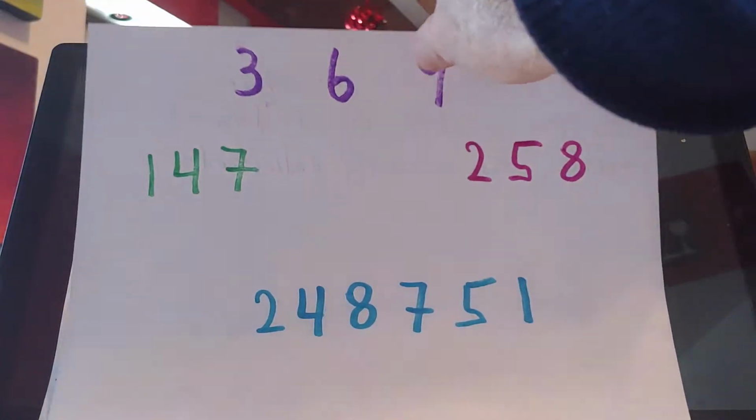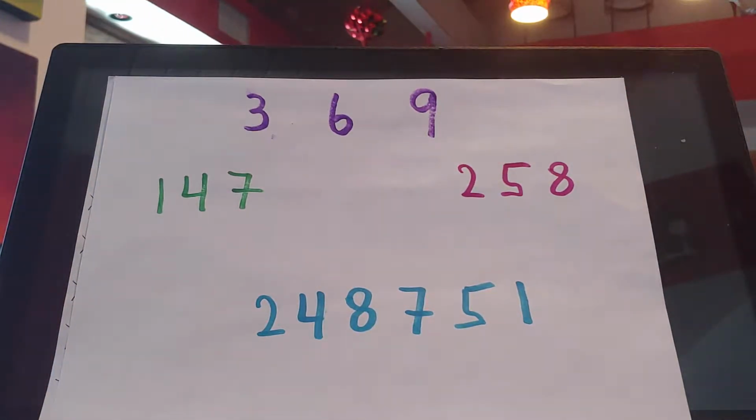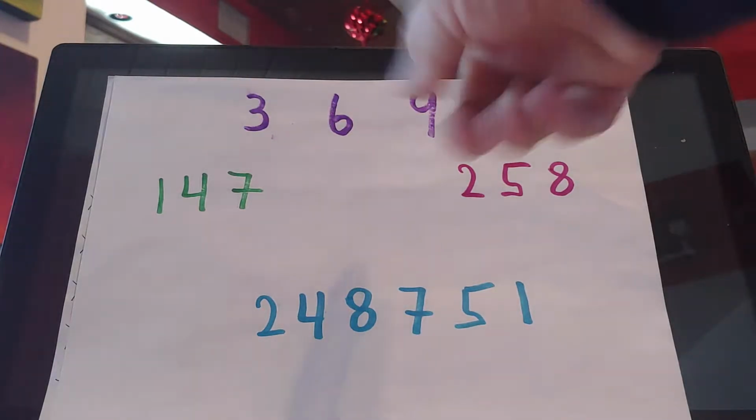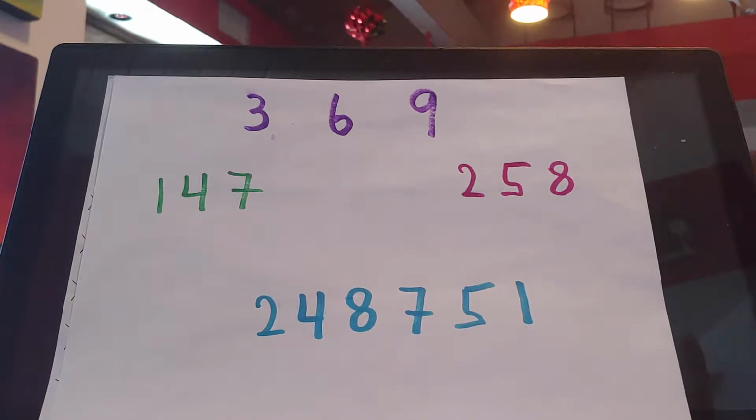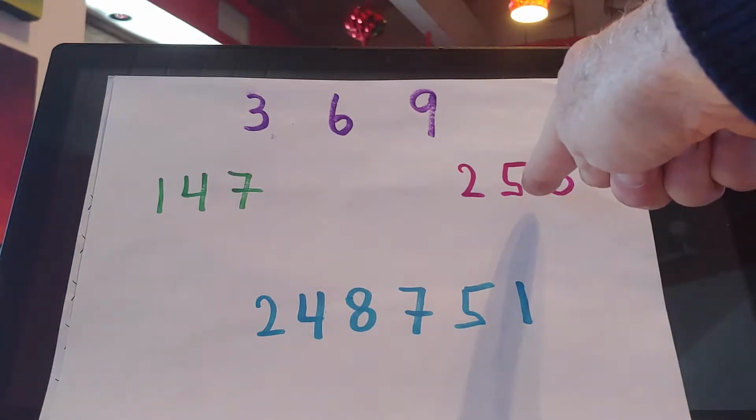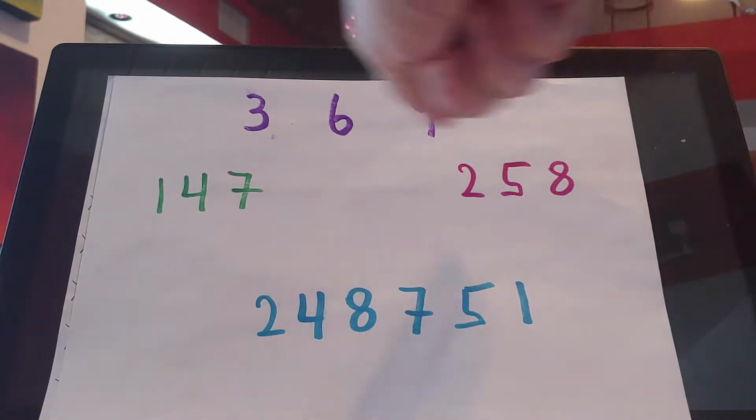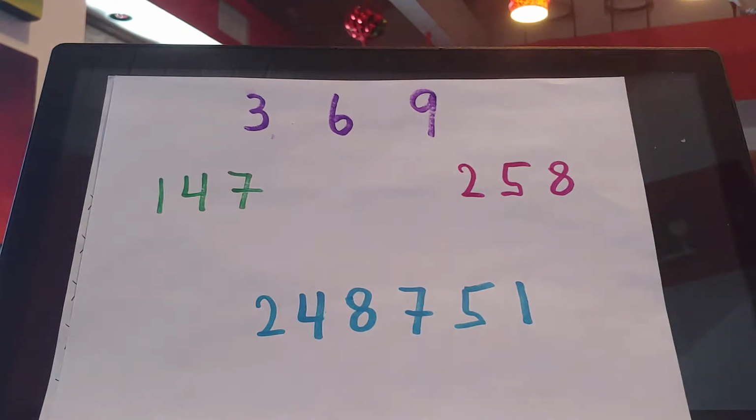So before we do our first magic trick, which I promise quickly, I just want to cover quick basics. This is the 369 code. 248751 is the 369 code. It's made up of 147 and 258. And 147 is a 3, 258 is a 6, 3 plus 6 is 9, 369 is 9, 248751 is 9,